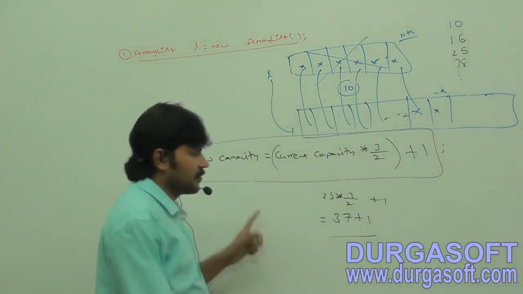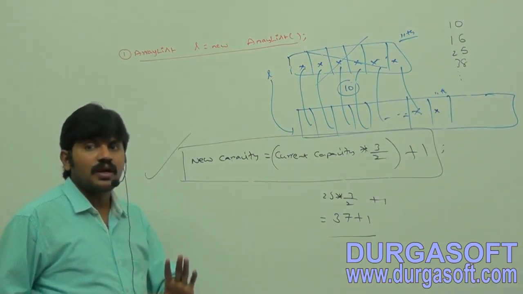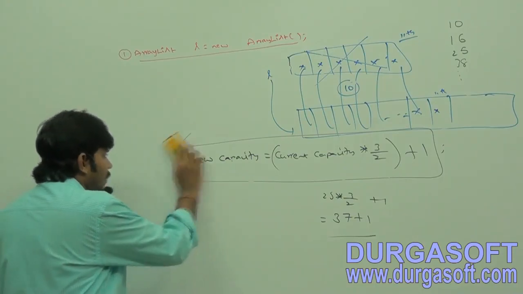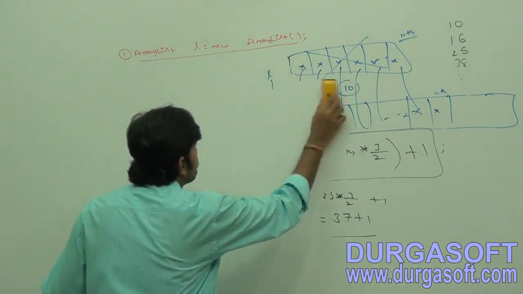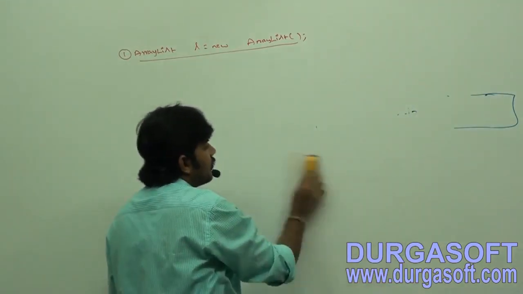Better to highlight within the box. This formula, right? Okay, that's all. So how the increment is happening is nothing but this rule; you people should be aware of it clearly. Okay, now the second one.